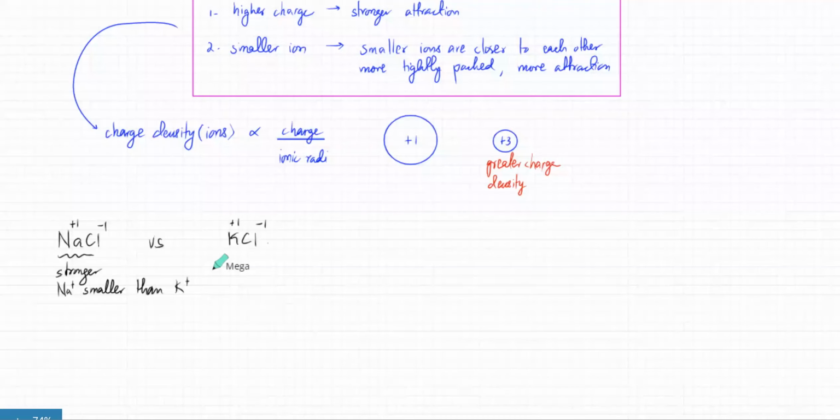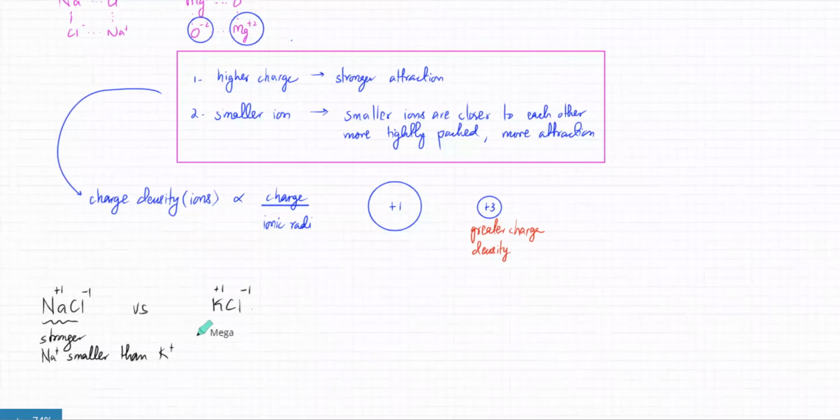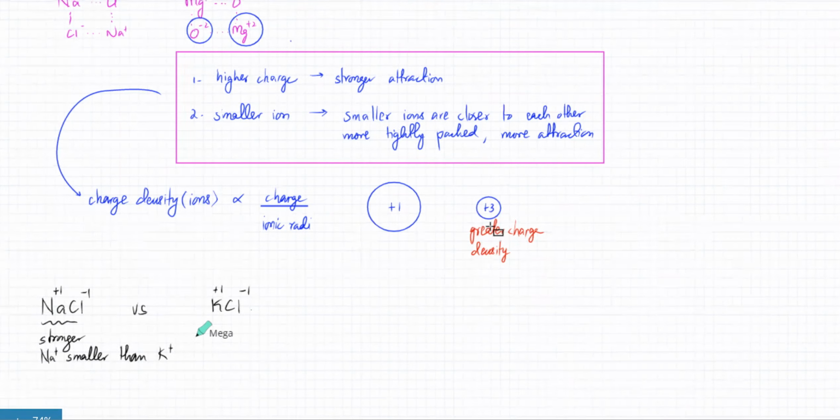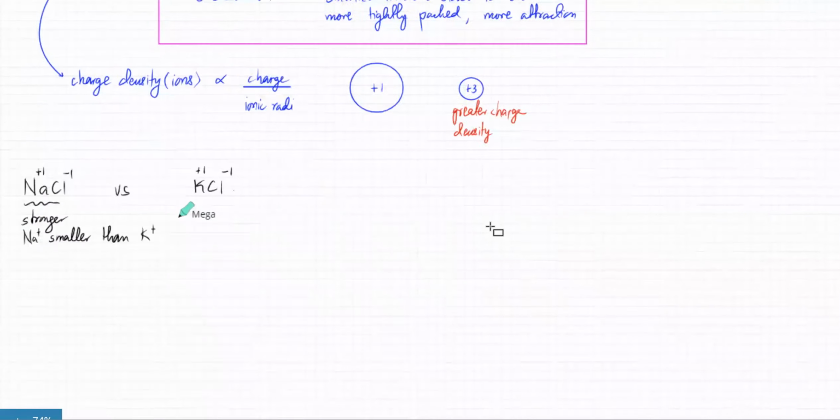अच्छा, तो खैर बहुत ज्यादा टाइम स्पेंड नहीं करना है इसके ऊपर. बस रिमेंबर चार्ज डेंसिटी इज अ थिंग. ठीक है, just remember if you have more charge on a smaller ion, that means that ion is going to have a lot stronger attraction for other things, whatever they are. So greater charge on a smaller ion, which is why not all ionic compounds are equal in strength. Some of them are really, really strong. Now, two of the more popular ones,